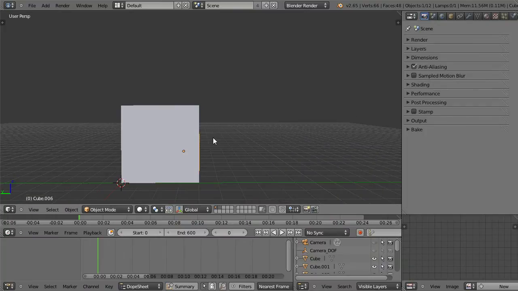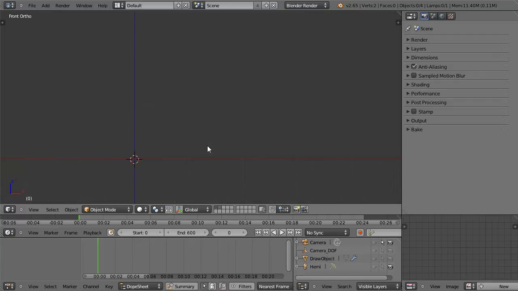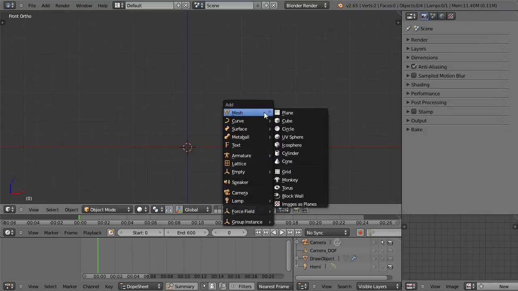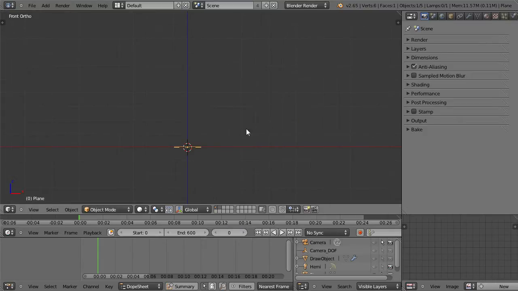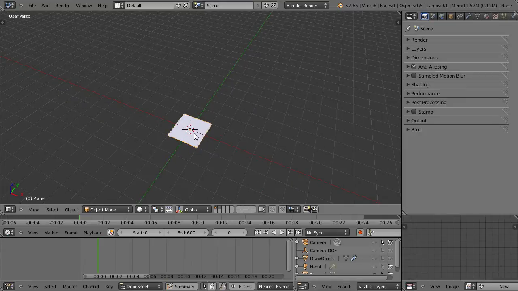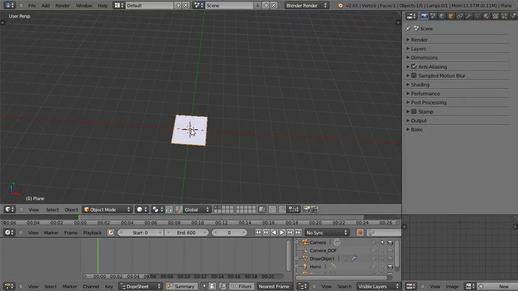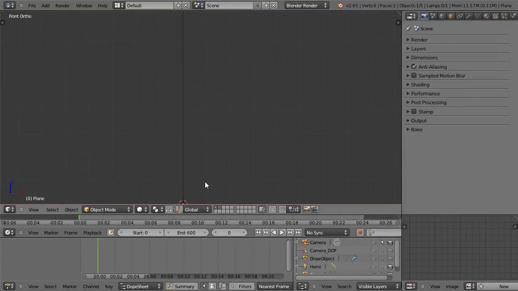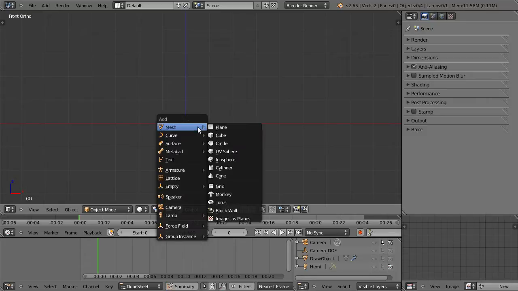So I'm going to press A to select all of these and delete them all. I'm going to hit 1 to go into front view. And remember that when we press Shift A to bring up the add menu, whenever we add an object like a plane or something like that, it is added where our 3D cursor is. So I'm actually going to go into front view again by pressing 1. I'm going to delete that and I'm going to press Shift A and add